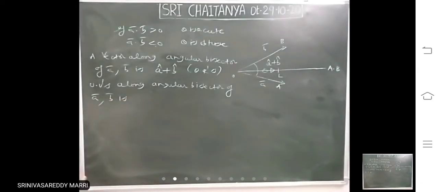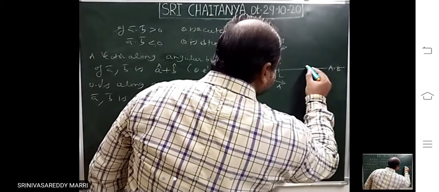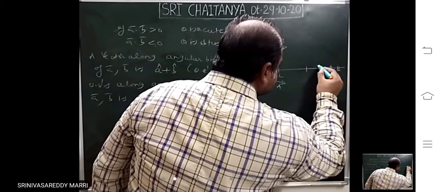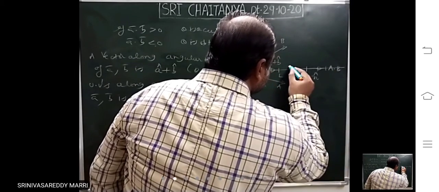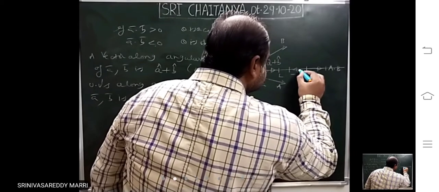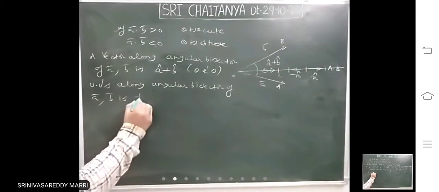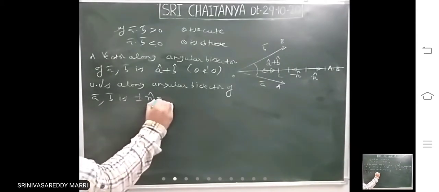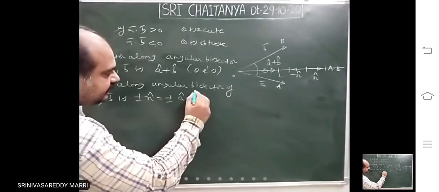I also told you that there will be one unit vector in this direction, n cap, and in the opposite direction one more unit vector, minus n cap. So those unit vectors are plus or minus n cap, plus or minus a cap plus b cap